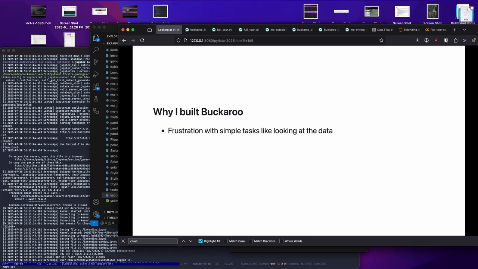I was frustrated with simple tasks like looking at the data. Why did I name it Buckaroo? Buckaroo helps you wrangle data. This is a lot of what your job is, so that's what I called it. And it's hard to write reusable data frame functions. As we get into how to customize it,